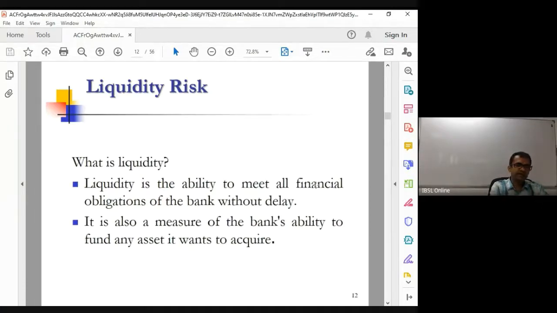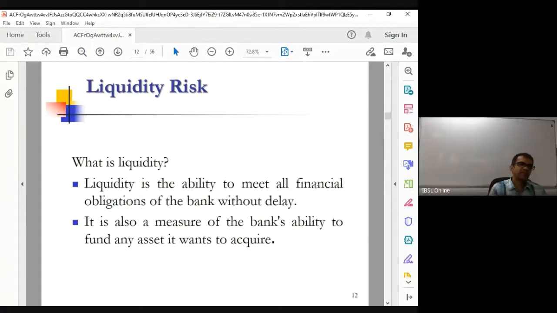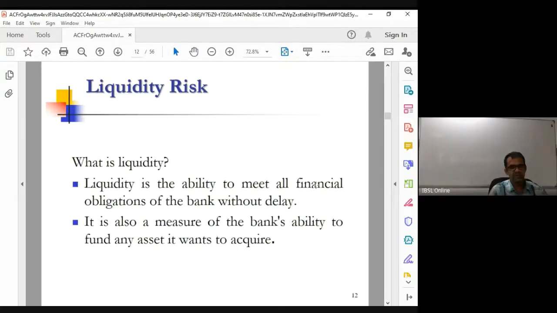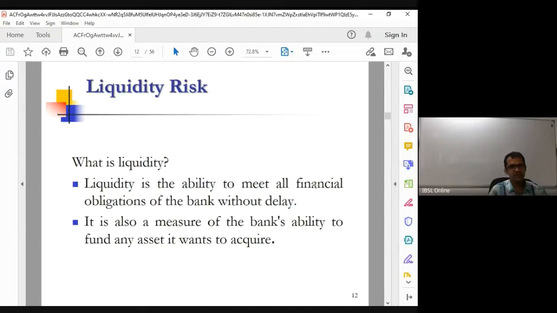But whenever he comes actually to take that money, the bank should be able to give it. That is also making payments, or allowing borrowers to borrow funds is also